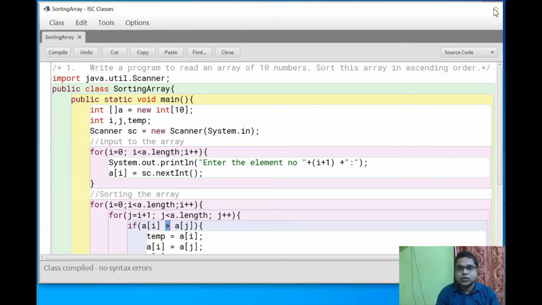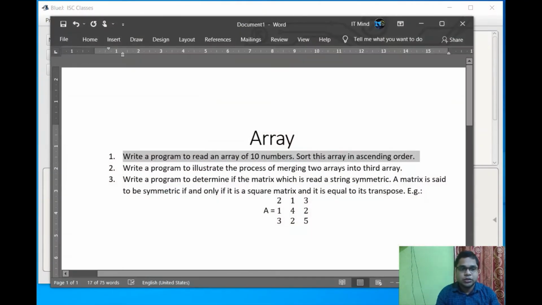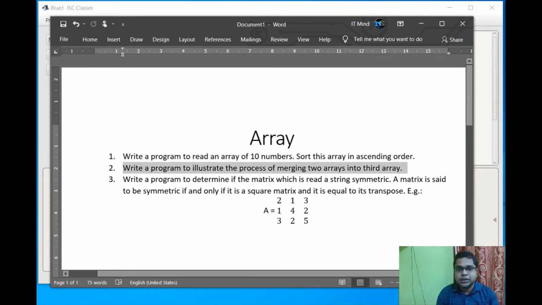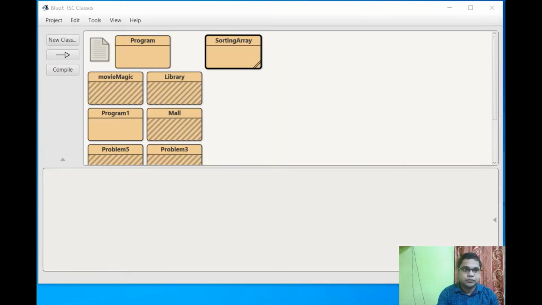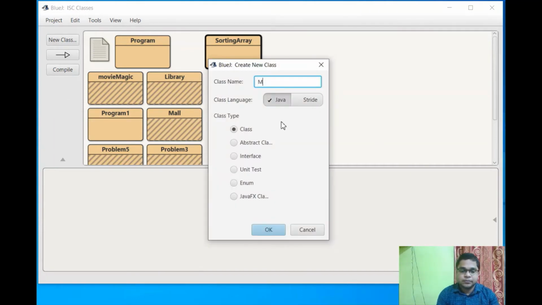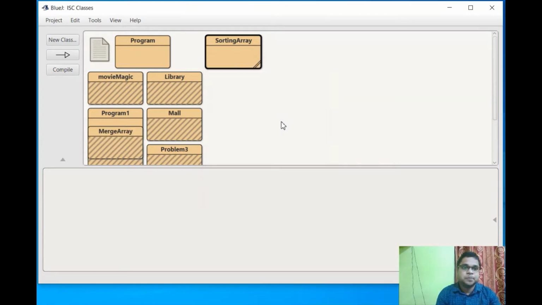Next, go to the next question, that is: write a program to illustrate the process of merging two arrays into a third array. For the merging array, let's take the class name as MergeArray.